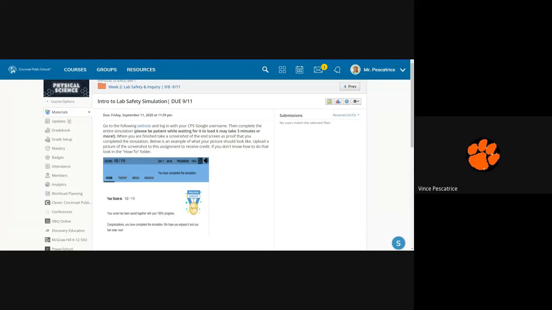It's going to teach you how to clean up spills, what to do with spills and things like that. And when you get done with it, it's all basically common sense. It's not difficult stuff. If you know how to be safe around anything, then you should be totally fine with this. So once you get to the end, what you're going to do is take a screenshot